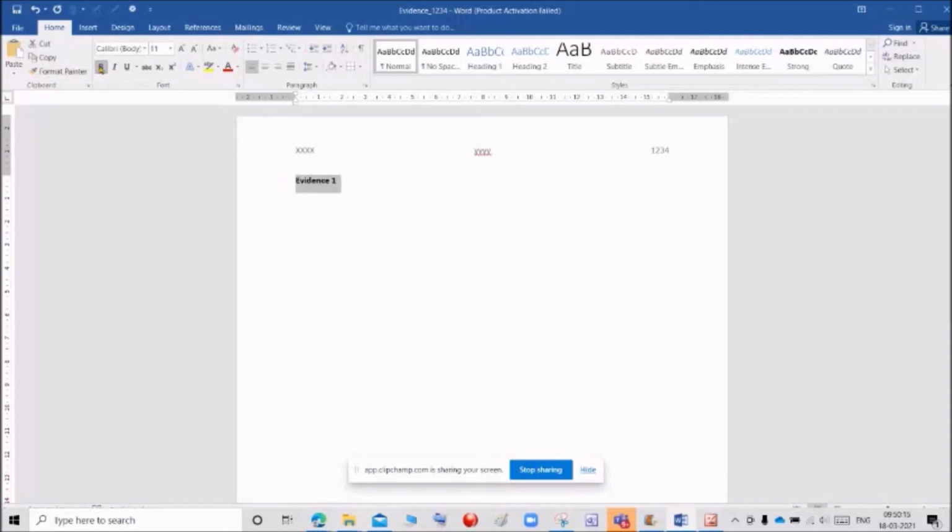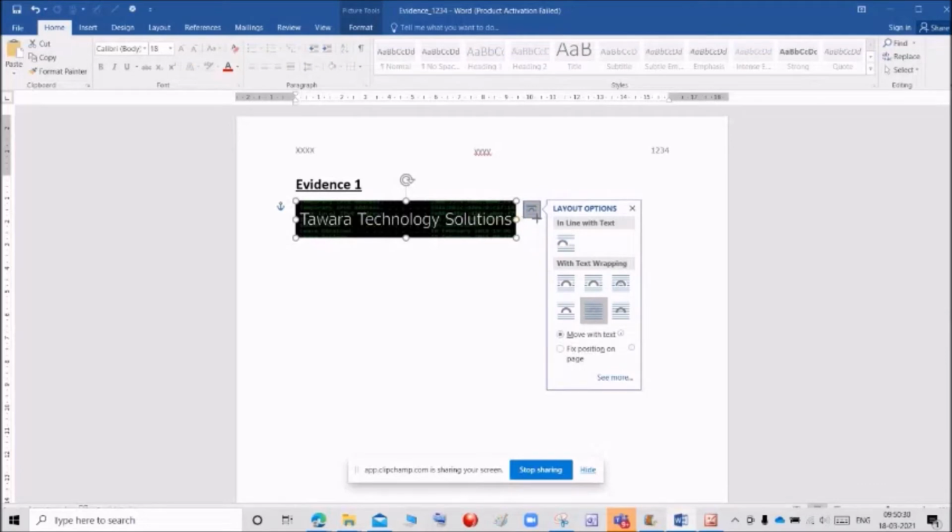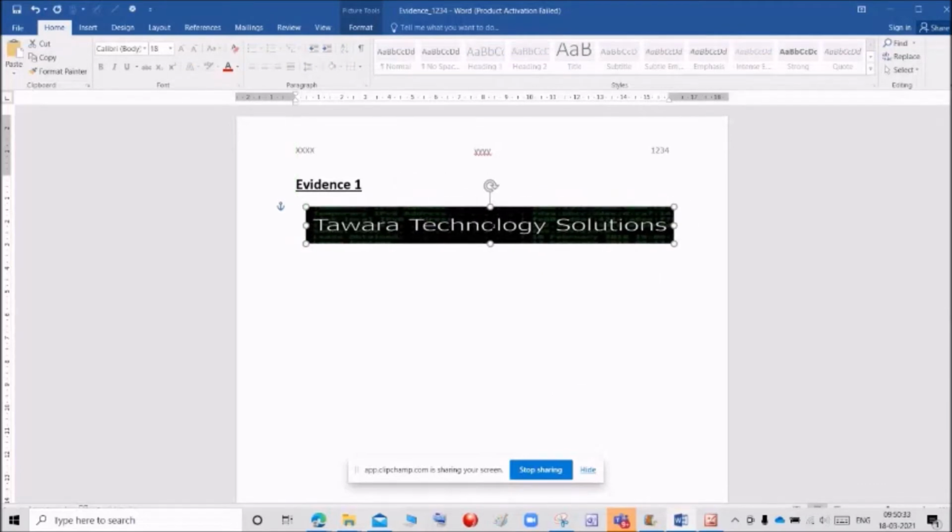If you want, you can make it bold and underlined. Press enter and paste the image. If you want, you can drag the image like this. So we put the Evidence 1.